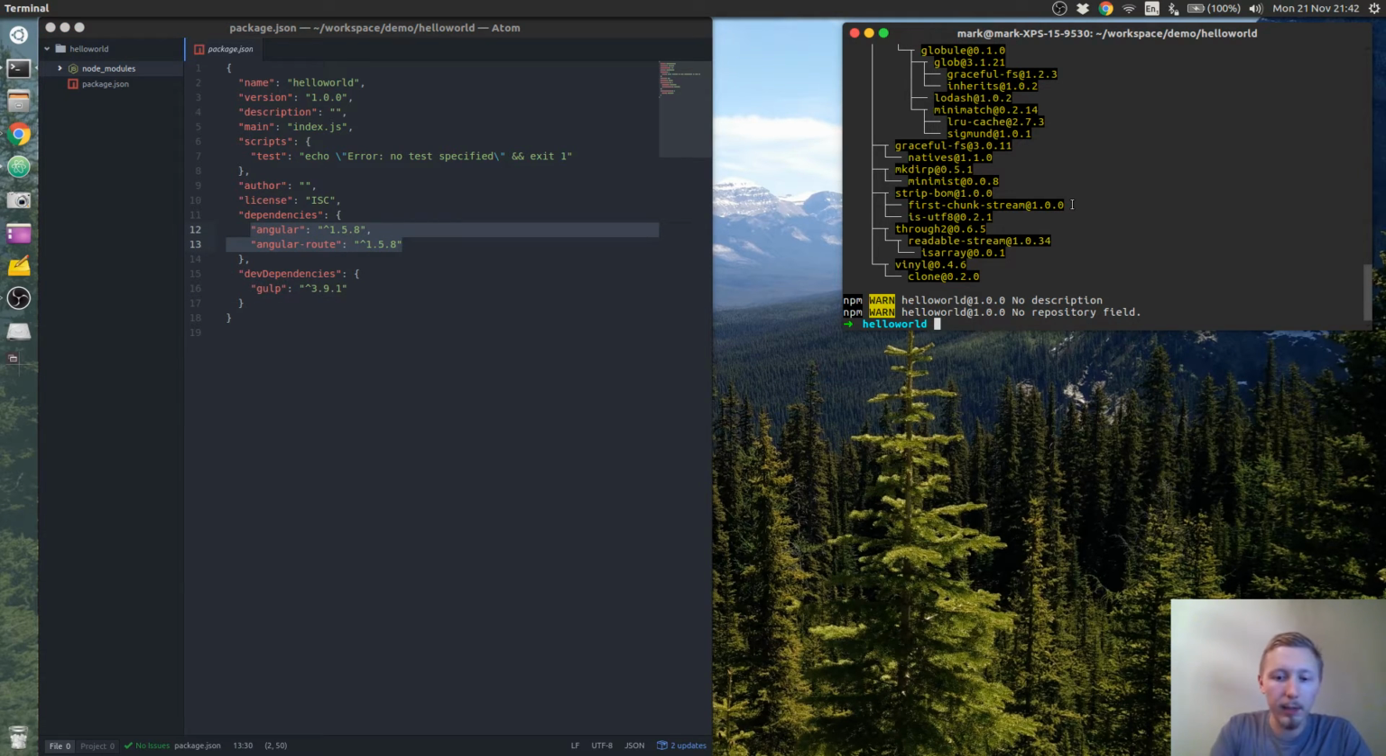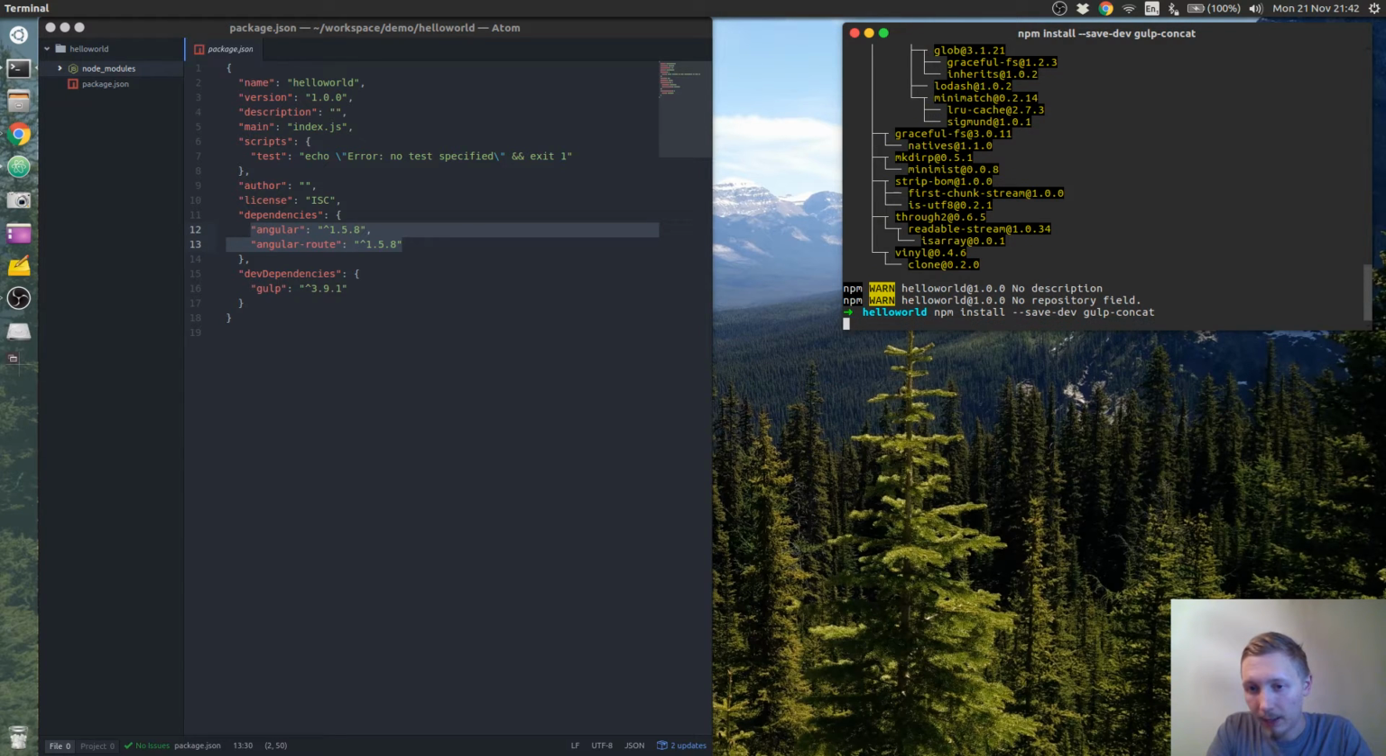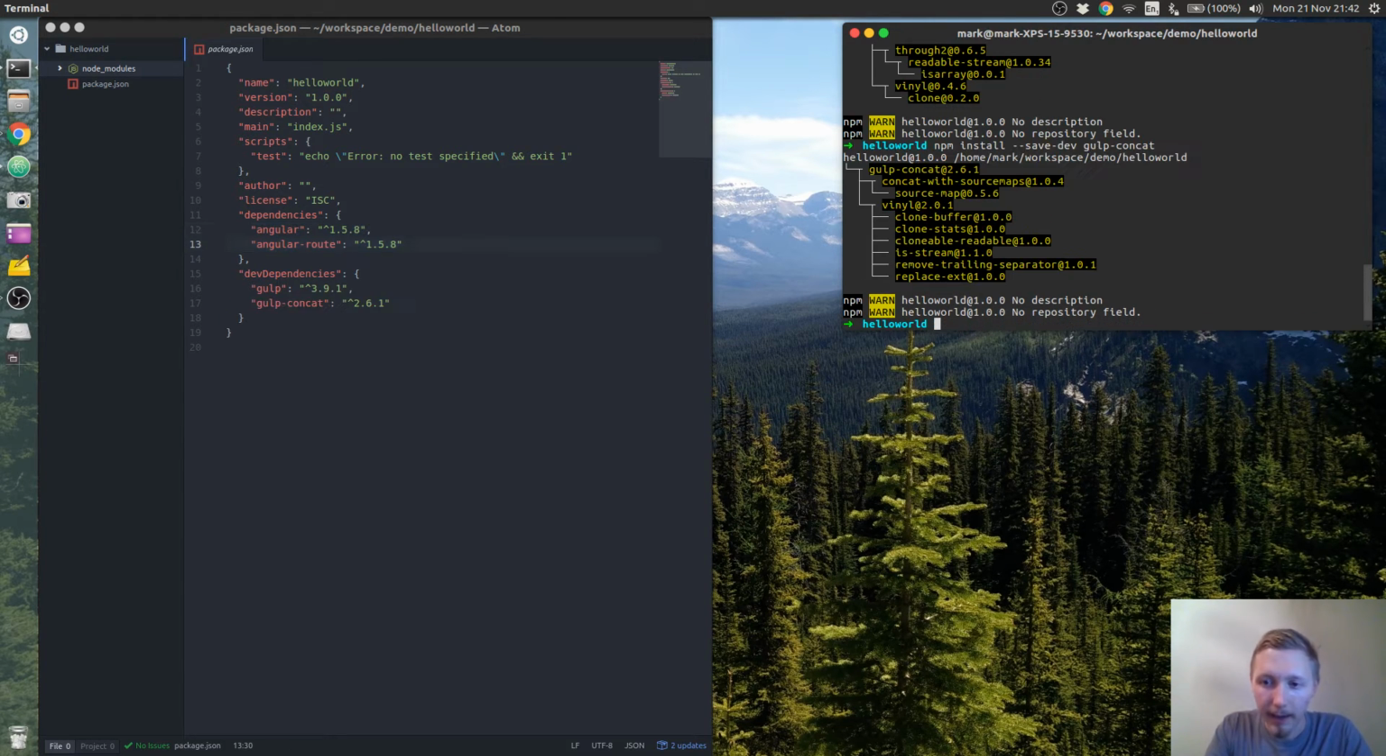The next one's going to be npm install --save-dev. We're going to install gulp-concat. That's short for Gulp concatenate. And what that does is it allows us to put all of our files together, or concatenate files. So we can take all of our JavaScript files, and instead of a traditional app or